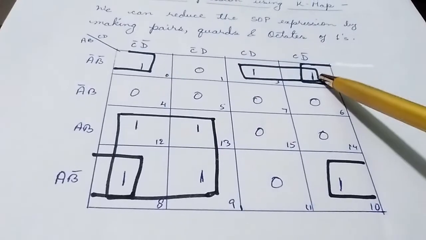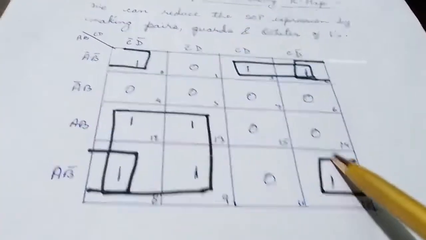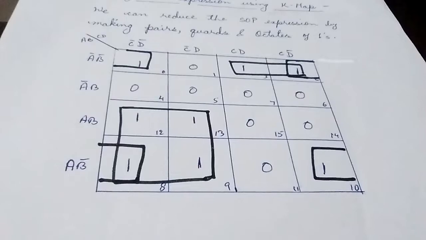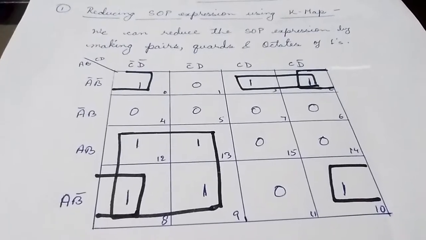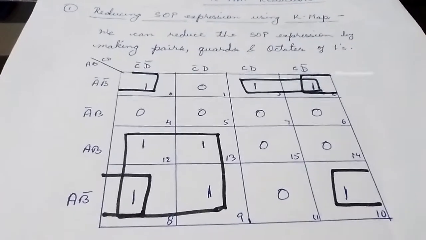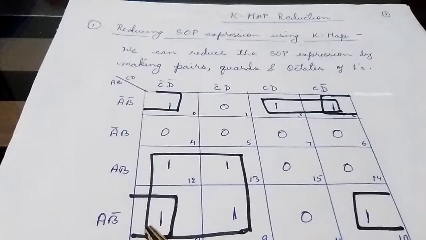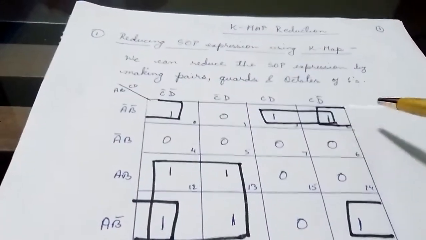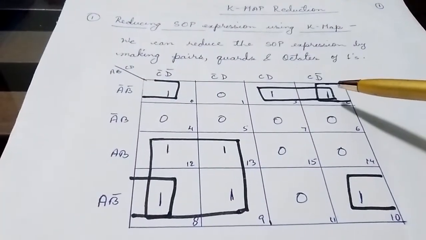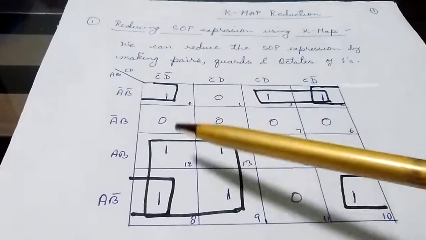Or we see the corners, all the 4 corners. We will see different terms about these later in this video, but you can understand now that these ones which are in the corners also form one square. So this can also be put under one quad. We will see another one, plotting.